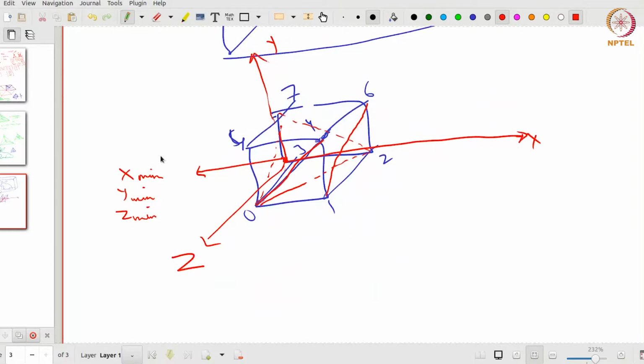So this point here would be this vector x min, y min, z min, and these values will essentially come from the bunny itself. So we want to encase the bunny so that the bunny is somewhere in the center here. So we want that the box should bound the bunny. So we'll take the minimum of the vertices of the bunny, slightly increment them so that it goes beyond the bounds. It is not touching the bunny exactly. And then use them as my x min, y min, z min. Similarly, we'll take the maximum values that we get from the vertices of the bunny. So essentially, we have the bound